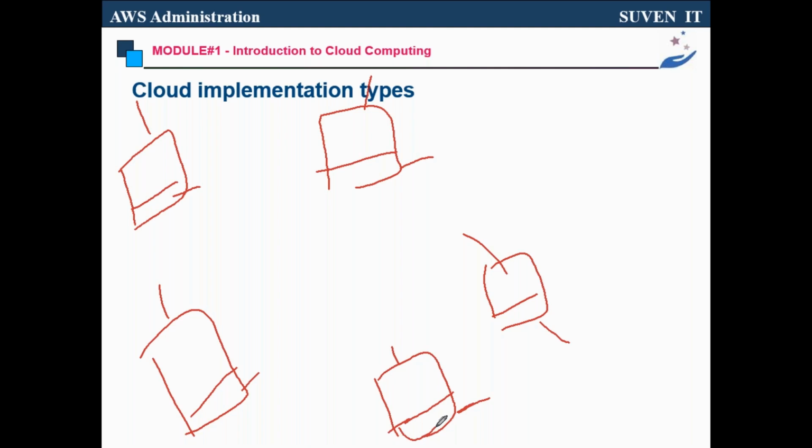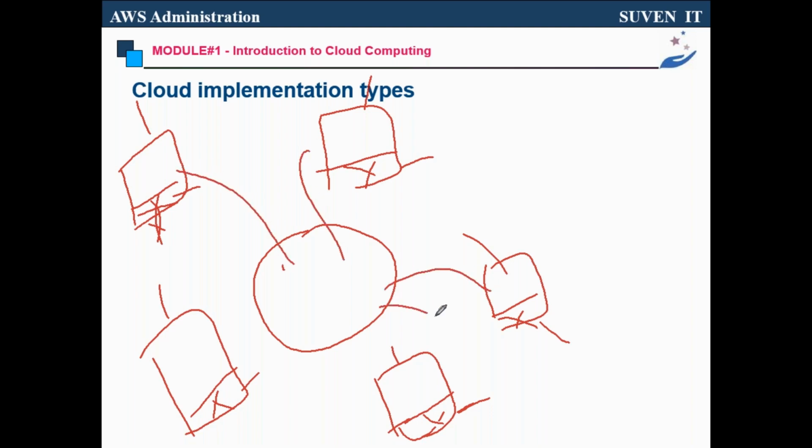They don't want it like that. They want to keep it in one centralized big data center. They can shut down all the data centers, and they can share whatever data center related stuff from here itself. That is the private cloud.